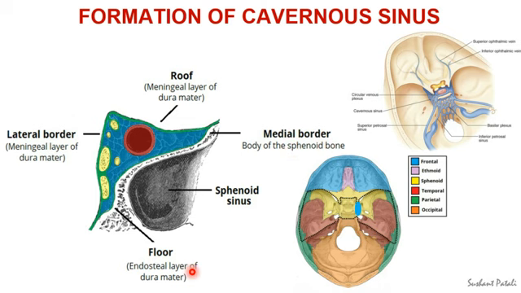But I like to mention that the roof and the lateral walls are formed by the meningeal layer, and the floor and the medial walls are formed by the endosteal layer. The roof is formed by the area of the dura mater in front of the crossing of the fixed and the free margins of the tentorium cerebelli, and it is continuous medially with the diaphragma sellae. The dural roof is pierced by the oculomotor and the trochlear nerves close to the posterior clinoid processes, and by the internal carotid artery at the carotidoclinoid foramen close to the anterior clinoid process.